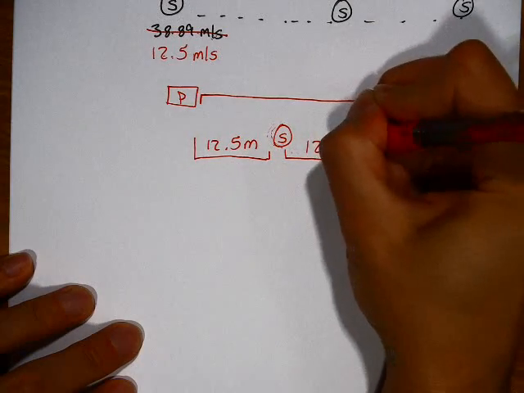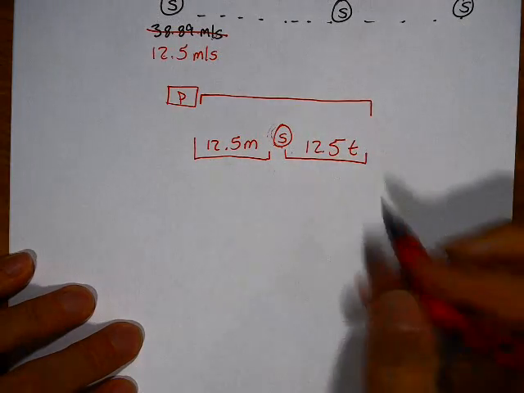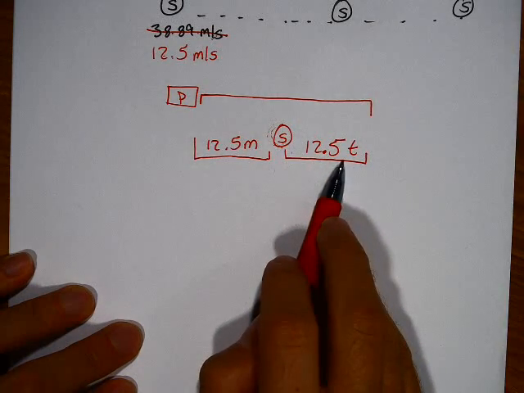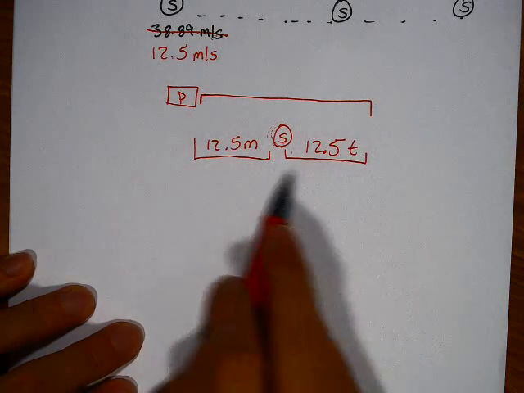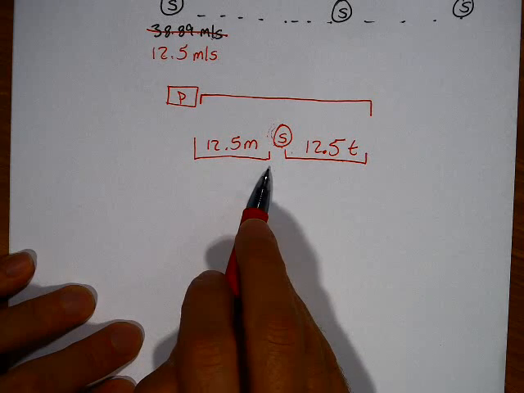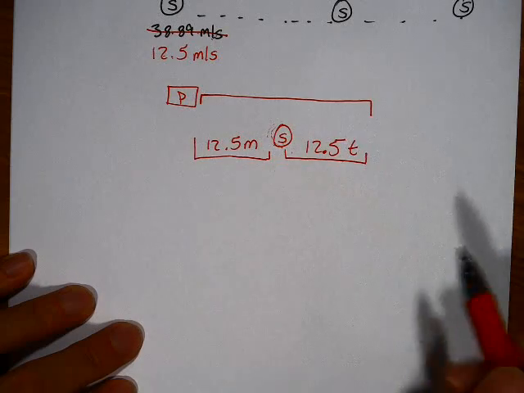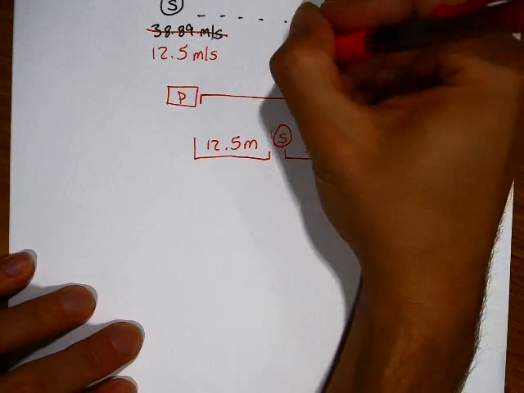How far does the speeder go? 12.5 times t, where t is the number of seconds. How far does the policeman need to go? Well, the same distance, but to calculate this distance,